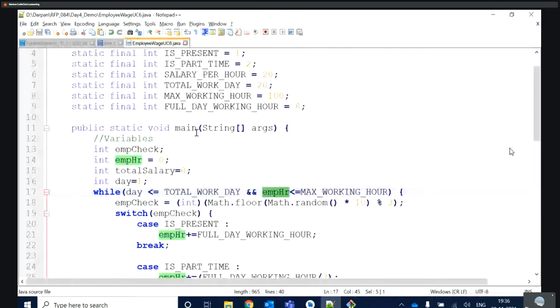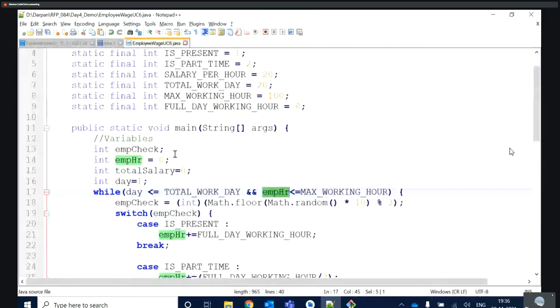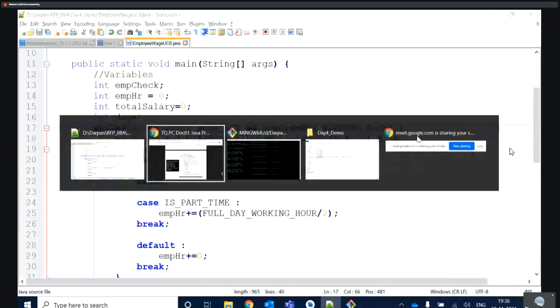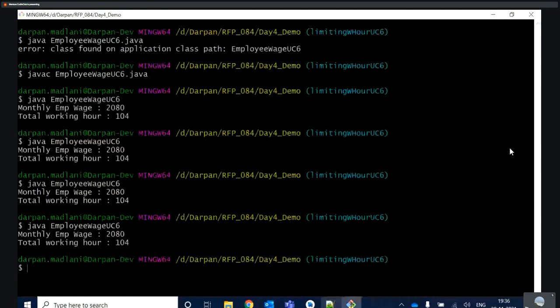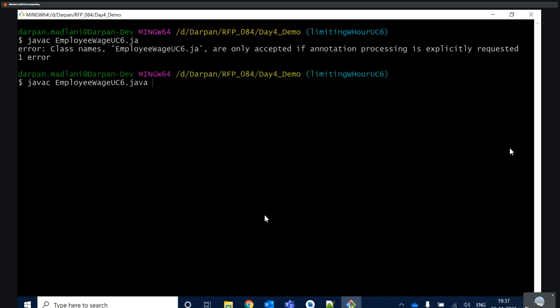Okay, let's do one thing. Let me write exactly that program. Before that, let me save this program first, because as of now my use case 6 program is working. Code is successful, but our output is not coming as desired.